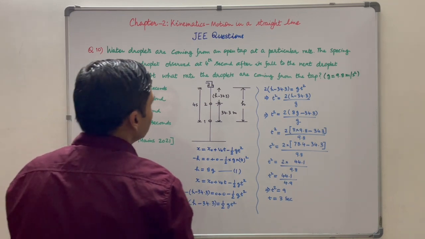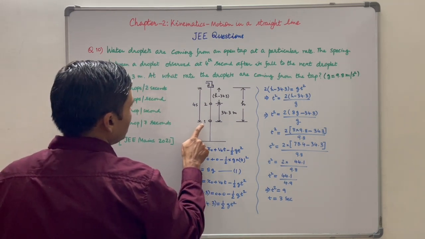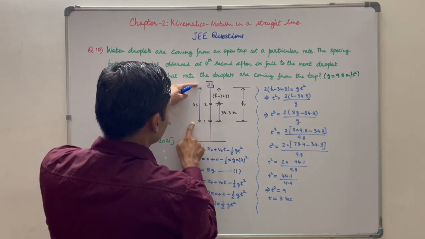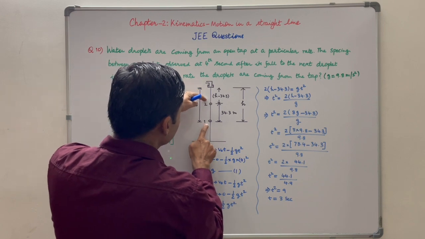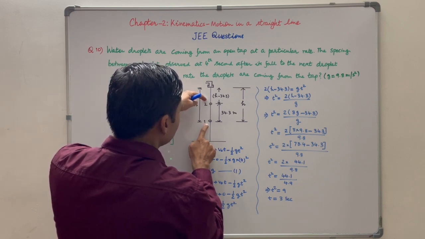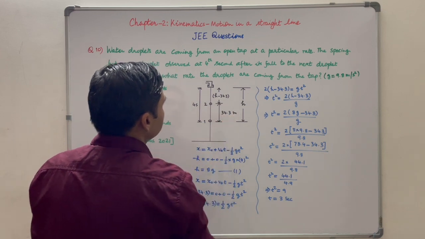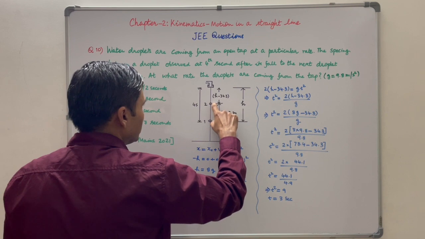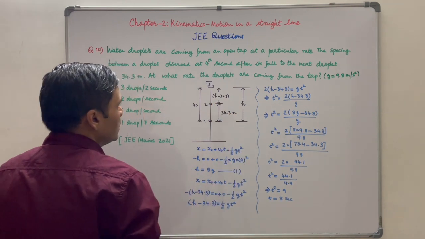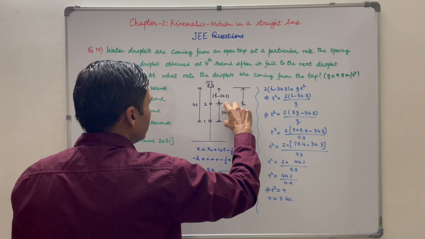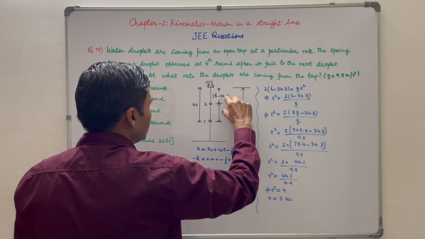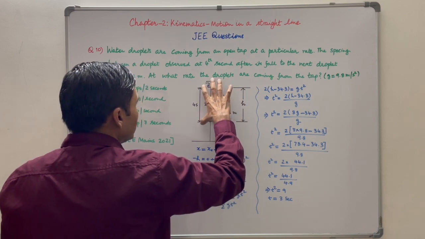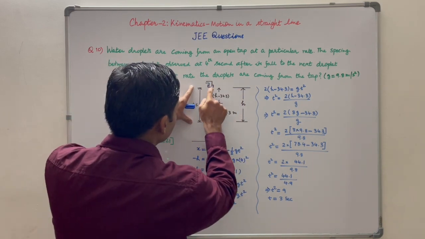So let us understand the question first. It is given that when droplet 1 is here, it is 4 seconds from the start, and the distance between two consecutive droplets is 34.3 meter. Consider this height is h. We have to find out the time difference between two consecutive droplets. So assume this height is h. This is given as 34.3 meter. So this is h minus 34.3. We will consider this section first. This is the reference point.